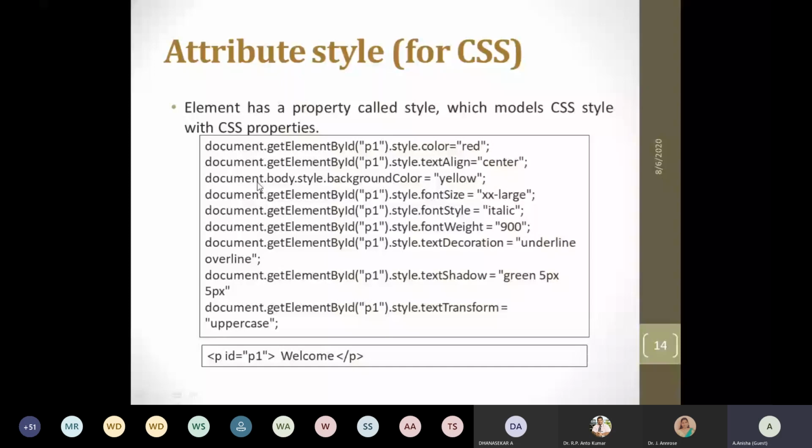Right? And next I have modified the background color of body. document.body.style.background, that is, it will modify the background color of the browser window. Changed it to yellow. Right? And now I modified the font size of this paragraph object as XX-large. Font size can take a series of values like XX-small, X-small, medium, large, X-large or XX-large. Right? It can take a variety of values. I have used